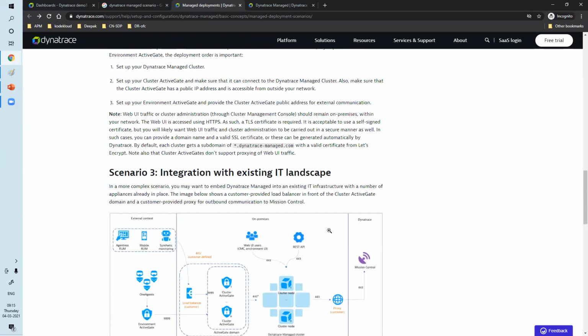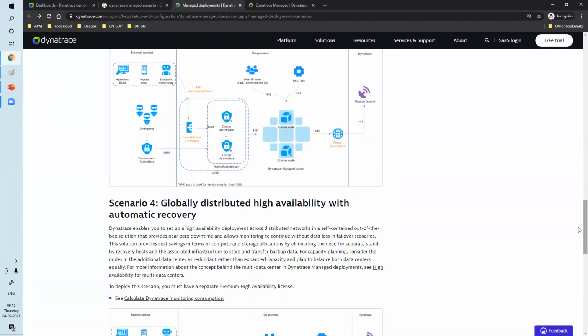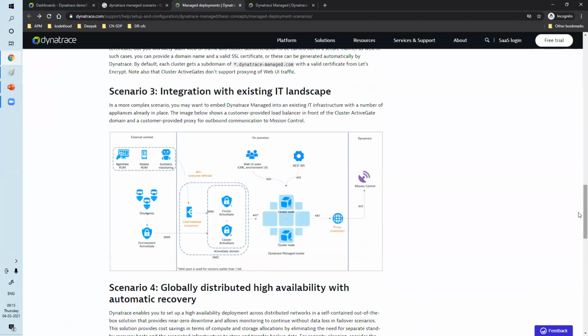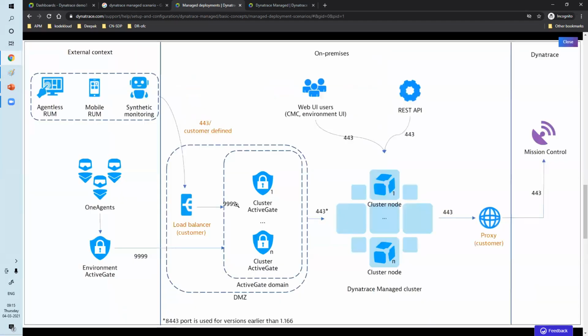Now we'll go one step deeper. We have so many scenarios. Understanding the architecture is the most important thing, how it works at the back end. It gets really confusing sometimes. Now you can see they have added one load balancer.